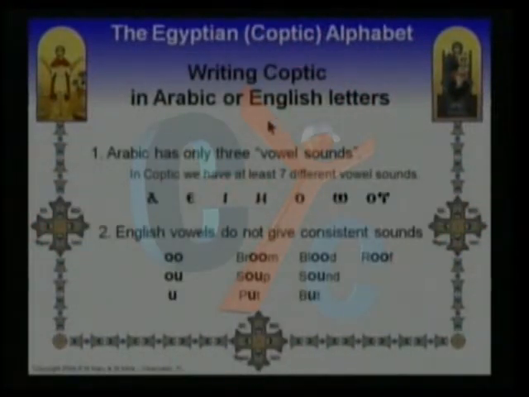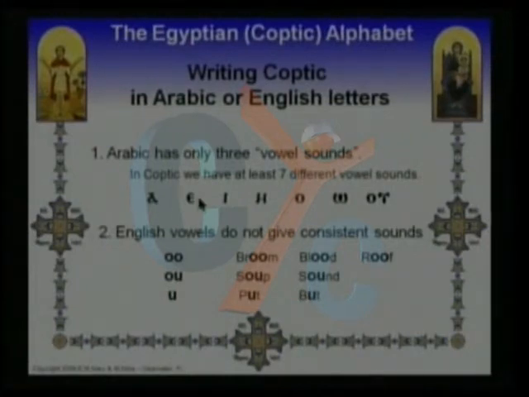There are a few observations here I want to mention, and that is sometimes people try to write Coptic in Arabic or English letters, and this causes a problem, and I'll show you how. In Arabic, we have only 3 vowel sounds. They are the A, E, and U. So when you write the Coptic in Arabic, you are missing 4 of the vowels, because in Coptic we